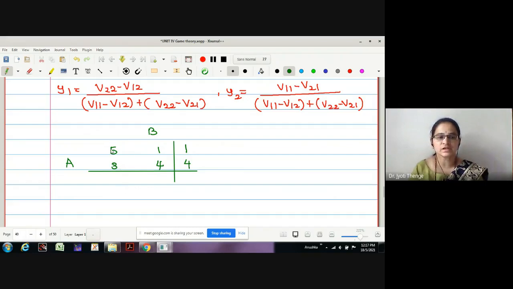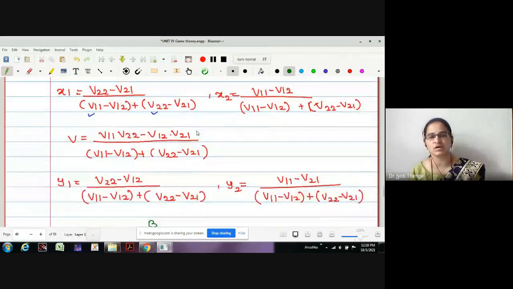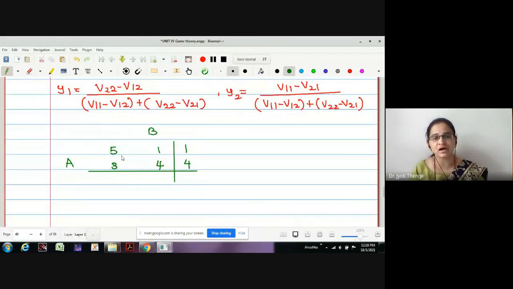Okay, let us follow it for columns because we want to find out the values. Actually here it is asked to solve only. With respect to A or B, it was not written, therefore one can find out both the values. Therefore let me find the difference of first column elements and put it under second column. Okay, 5 minus 3, it's 2. 2, let me put it under column 2. 1 minus 4, difference of second column, it's minus 3. Neglecting negative, it is 3. Let me put it here, under the first column. Is that okay?